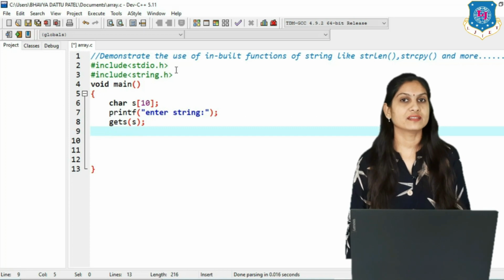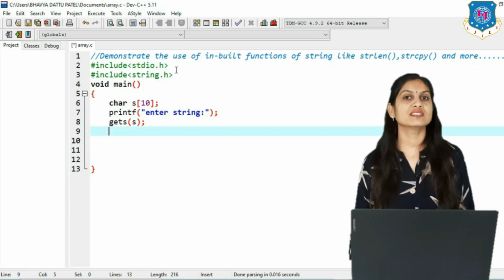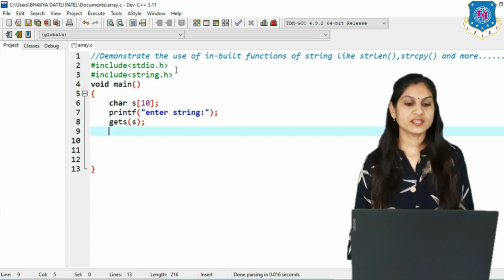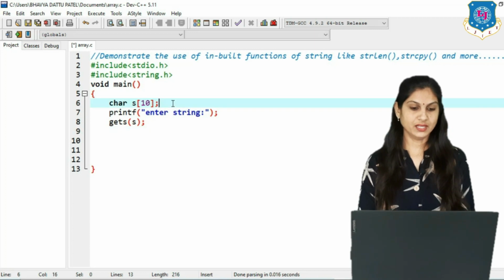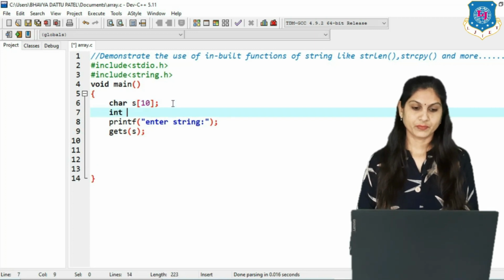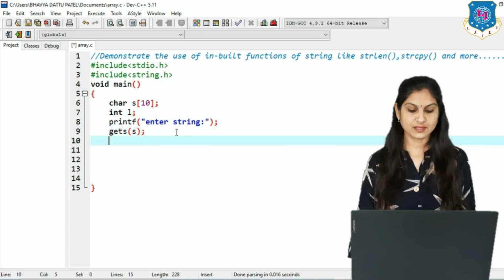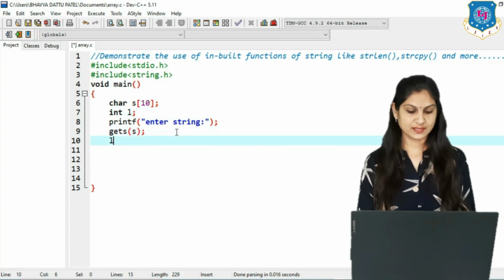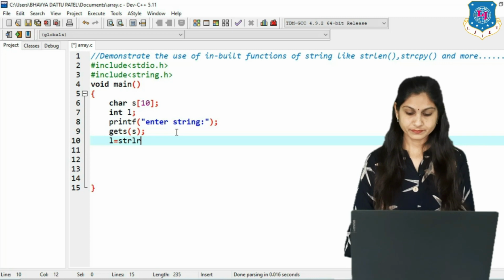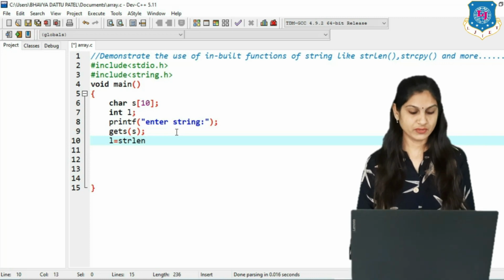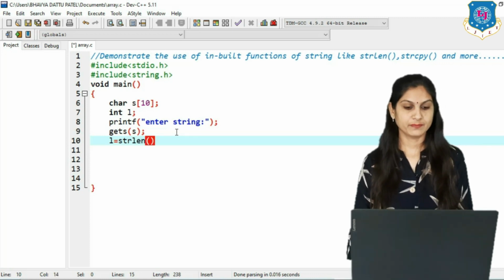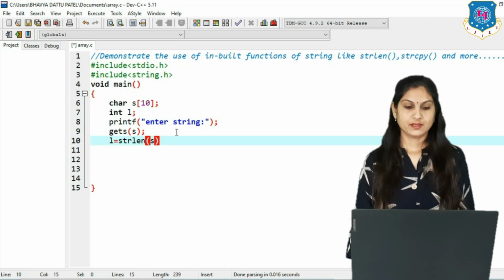Now we have to find the length, and length is always an integer, so we declare one integer variable l, and the syntax for the length function is l equal strlen. Inside the strlen function we pass just the string name, that is s.